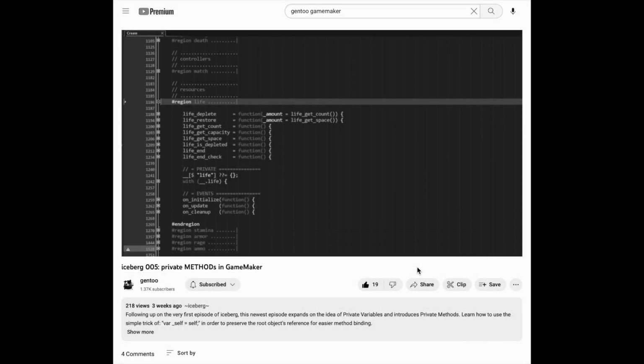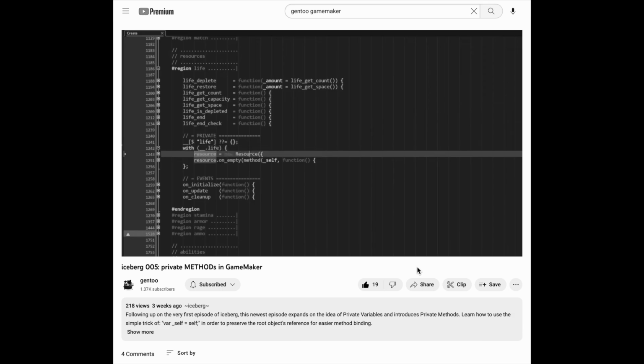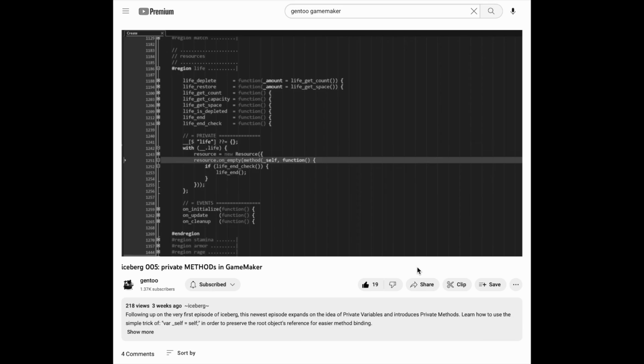In the previous episode of Iceberg, I went over how to implement private methods inside of a GameMaker object. Now, I want to implement those private methods inside of constructor objects. While the implementation is nearly the same, I want to use this video as an excuse to talk about today's topic, which is